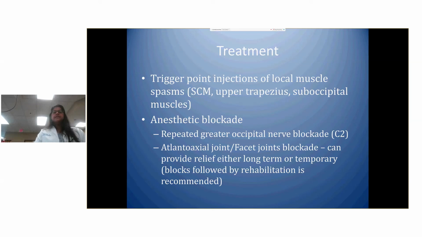Trigger point injections of the myofascial spasms, specifically of the muscles that we discussed previously, the sternocleidomastoid, upper trapezius, and suboccipital musculature, could be helpful. And then anesthetic blockade, which is listed in the criteria. Both international groups in the first few slides mention anesthetic blockade. Anesthetic blockade can be done with just numbing agents, bupivacaine, lidocaine, xylocaine, or with steroids. This slide really just focuses on the